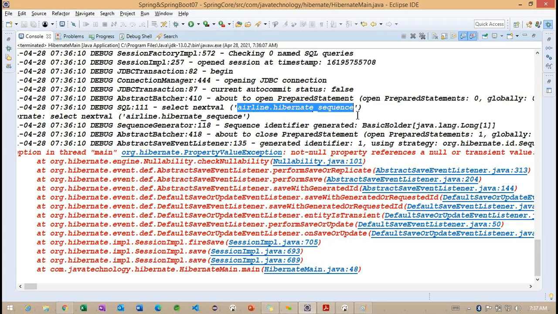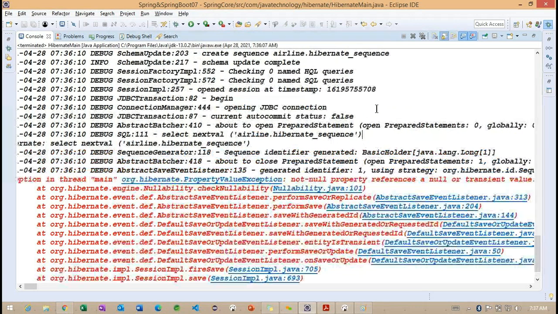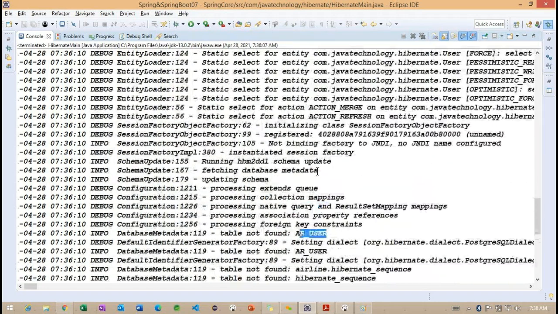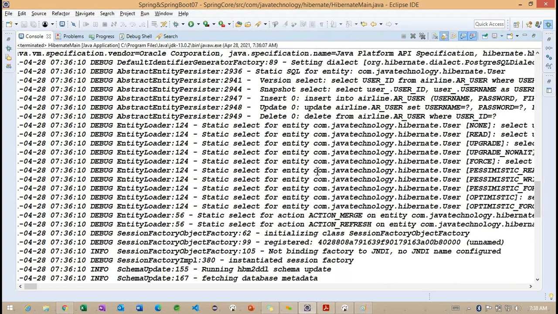So airlines dot Hibernate sequence. Yesterday we discussed this particular sequence information because now we are working with this generator as native. Internally we identify that native is a combination of the remaining generator classes, and in that only one is working with the Hibernate sequence here. Back to here, just one sequence is created, but we need to understand whether any table is created or not. So the table AR user is created, and the Hibernate sequence is created, and one AR user table is created here.